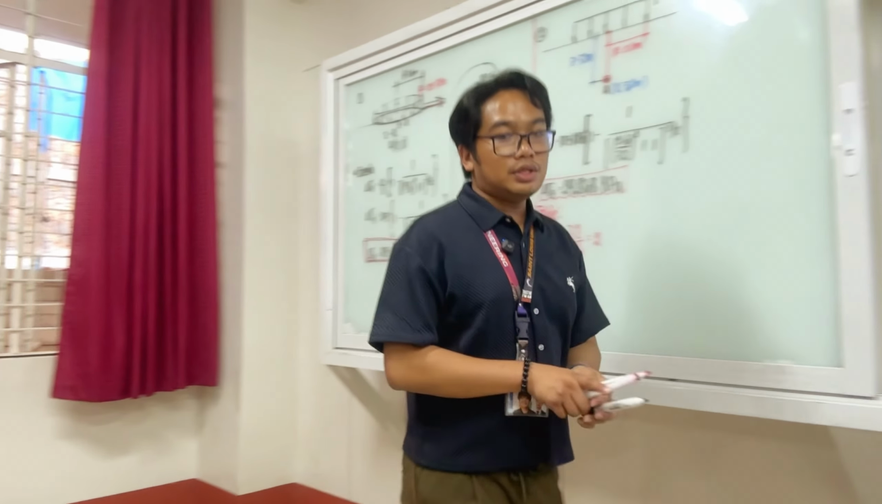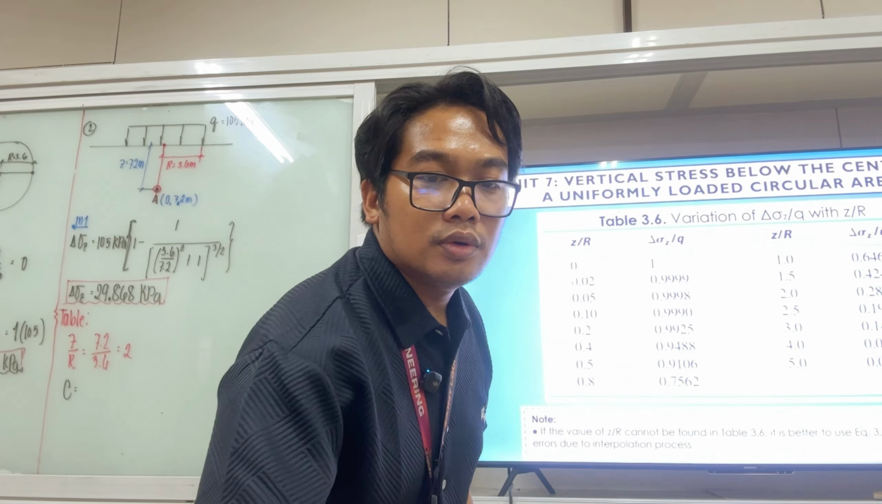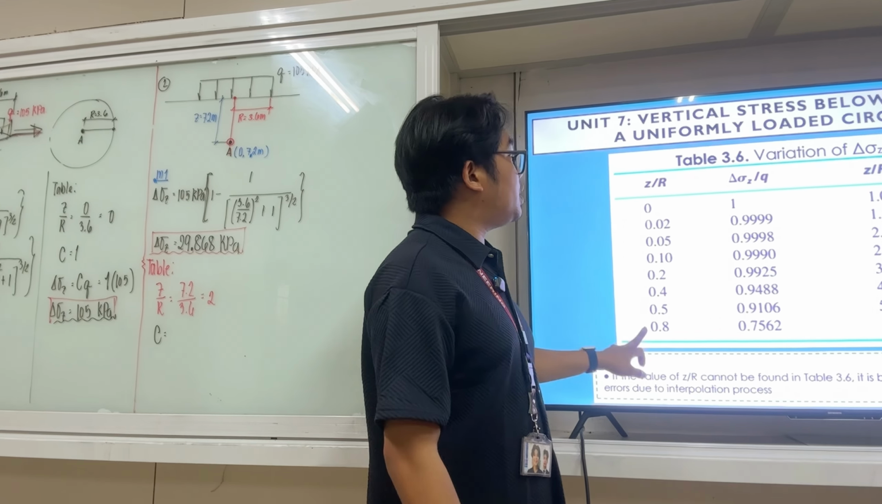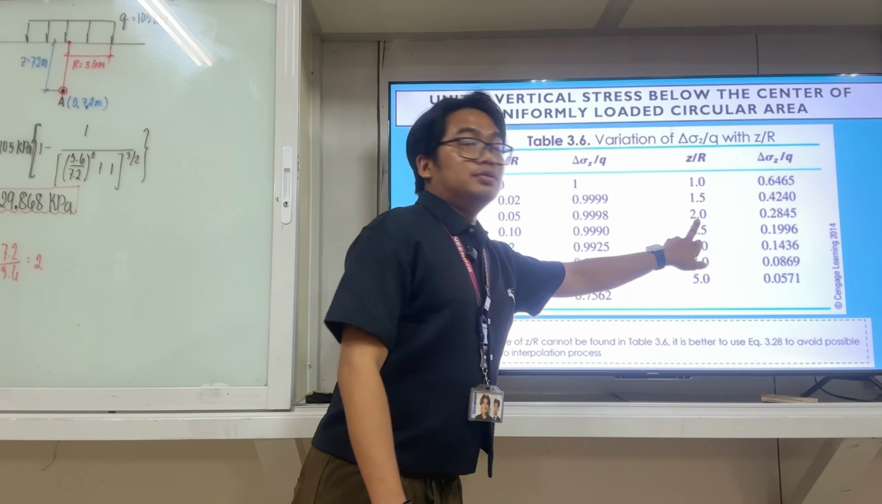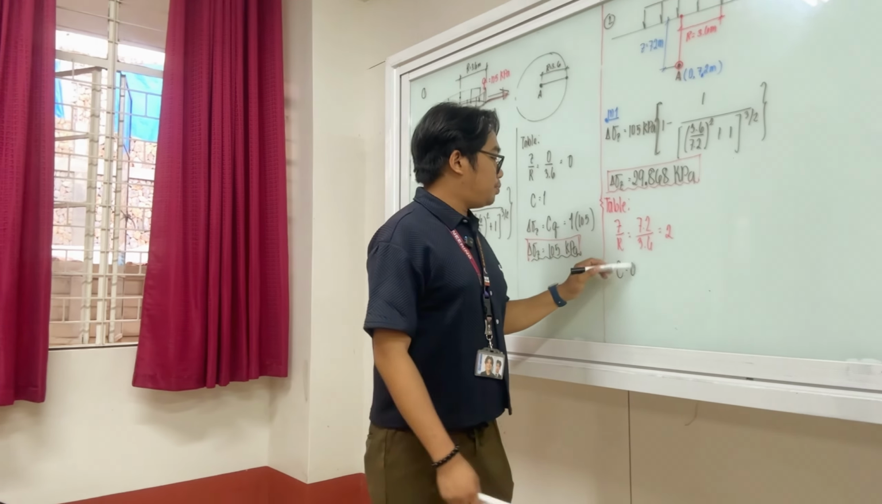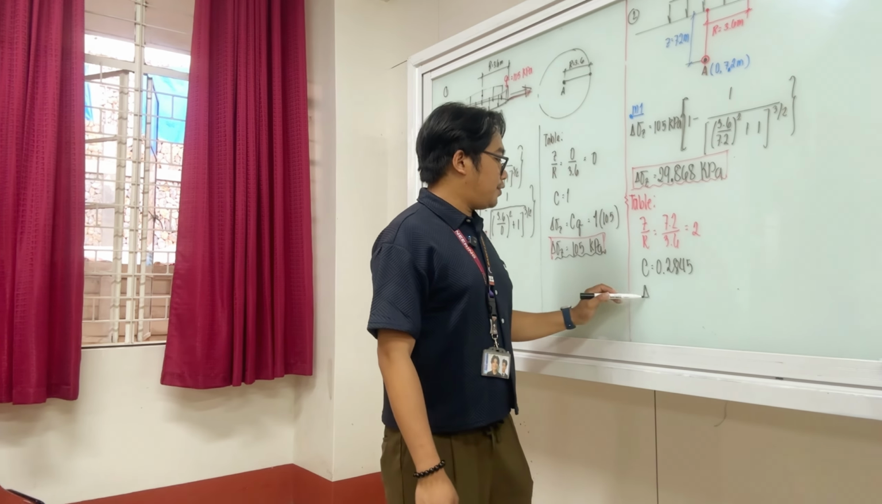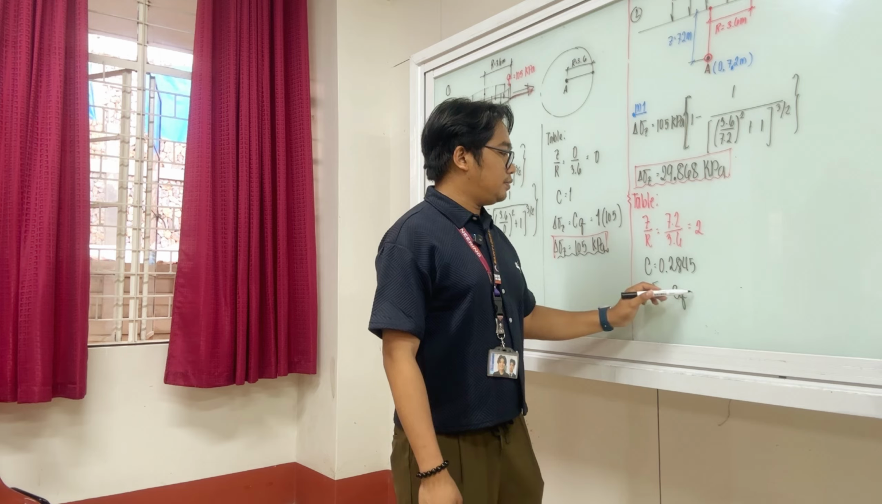So if Z over R is equal to 2, using the table, what would be the value? Z over R is equal to 2. C is equal to 0.2845. So 0.2845. Therefore, the increase in vertical stress, C times Q,